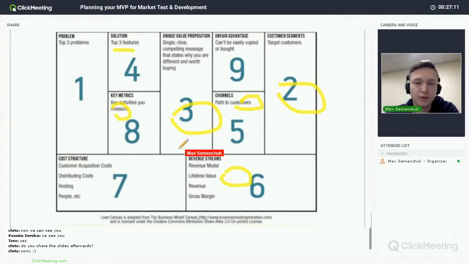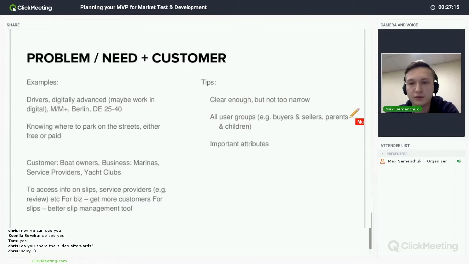I usually take both of them simultaneously. Problem and customer are kind of inseparable. Basically, what I write in there, after maybe 100 or 200 fillings of these briefs, looks like a really short form. For example, my target audience are drivers. They're digitally advanced.